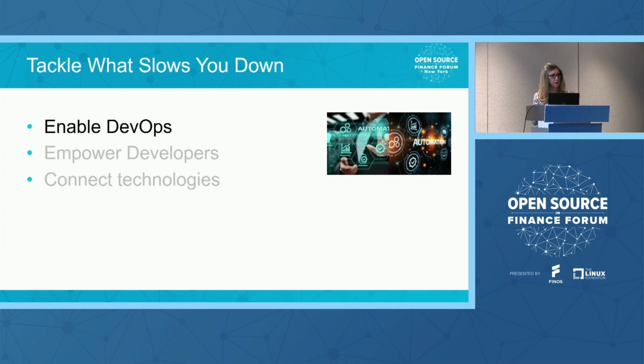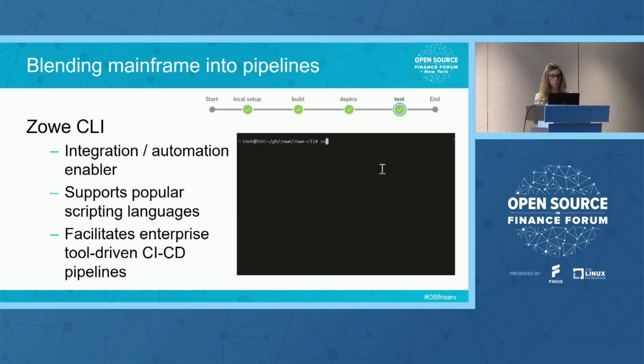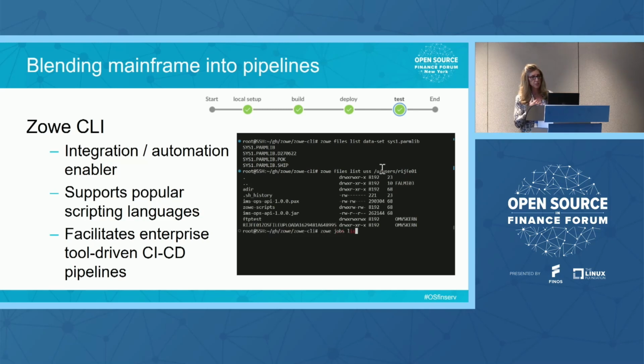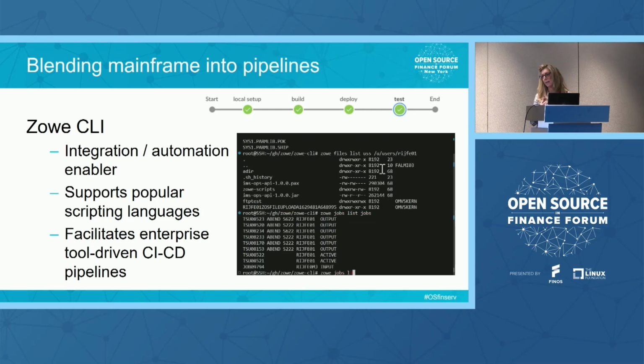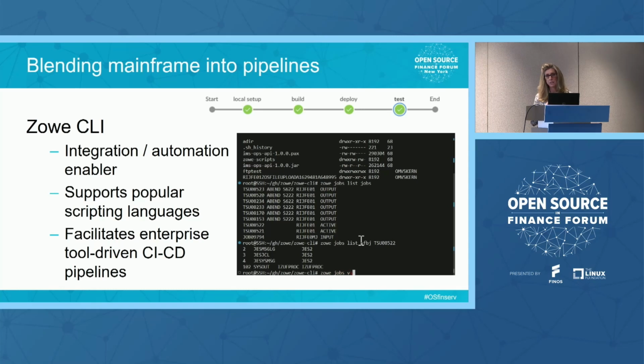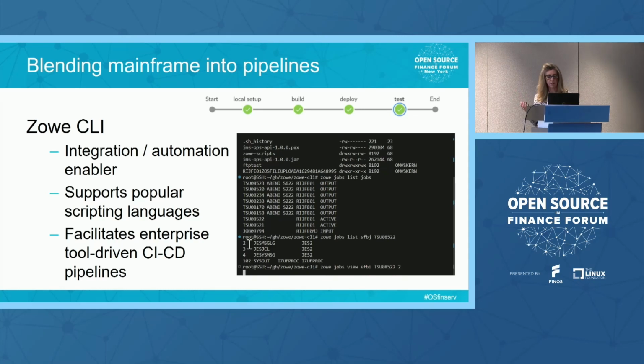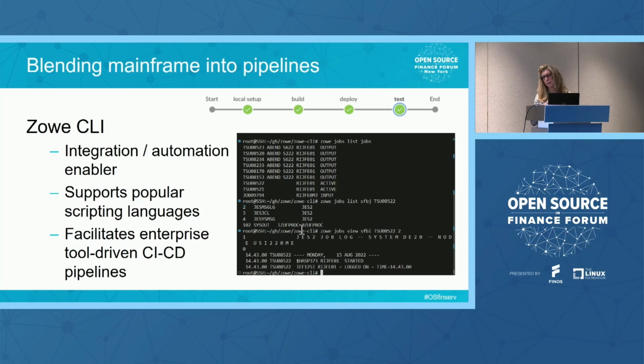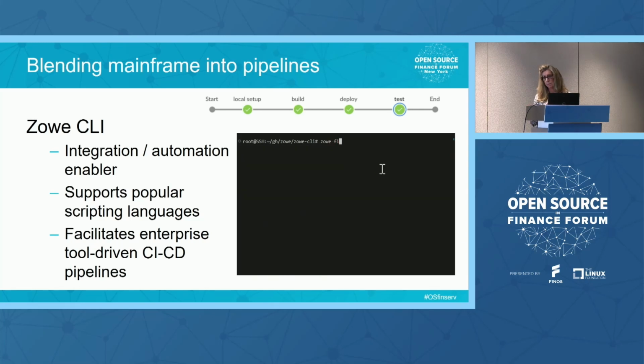You've installed Zowe, you're ready to use Zowe, tackle what slows you down. One way to do that is to enable DevOps: building pipelines, blending your mainframe into your existing pipelines. We talked about Zowe Explorer being the primary component in the education use case. Zowe CLI, the command line interface, is the primary component for blending mainframe into pipelines and delivering enterprise DevOps. It's an integration automation enabler. It allows you to script into your existing orchestration tools, whether that's Jenkins or a vendor product,